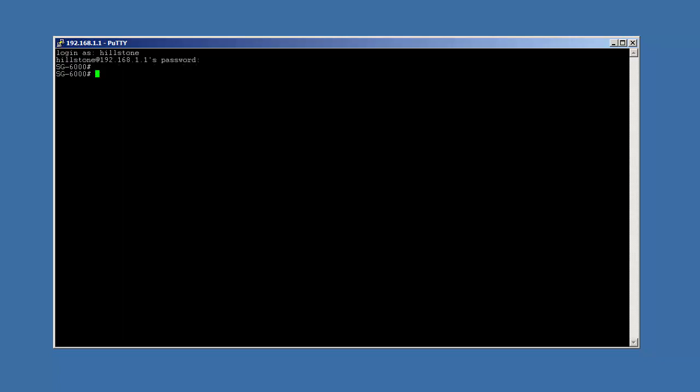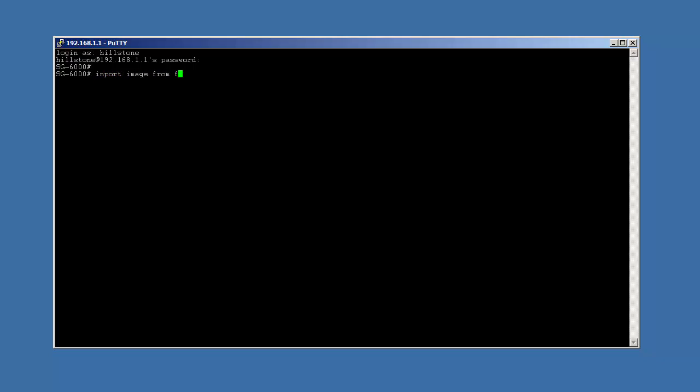For upgrading using FTP or TFTP, a FTP or TFTP server is required. We will not discuss how to deploy a FTP or TFTP server in this video. Take FTP for example. Assuming that you've already deployed a FTP server, the firmware will need to be uploaded to the FTP server first. Now, using the command import image